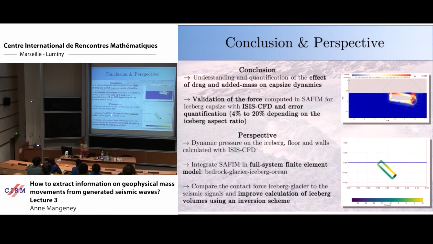And actually, this kind of method, if we improve them, makes it possible to get first estimation of spatiotemporal distribution of iceberg calving over a long period of time, because the fact is that we have a recording of this since 20 to 30 years. And as I told this morning, the seismologists or geophysicists, we keep everything because we know that maybe sometimes we will be able to interpret them. So we have a huge quantity of seismic data that we can interpret better now, thanks to this modeling effort.